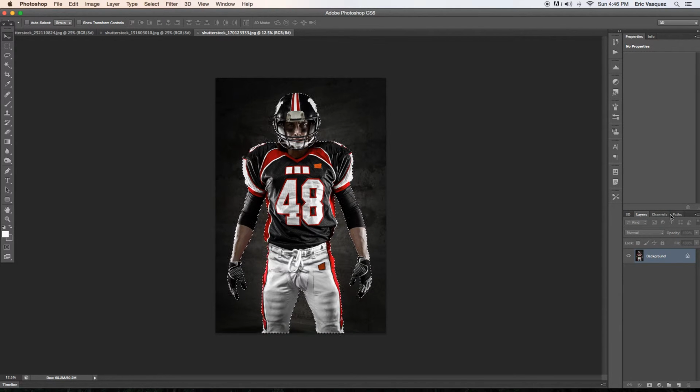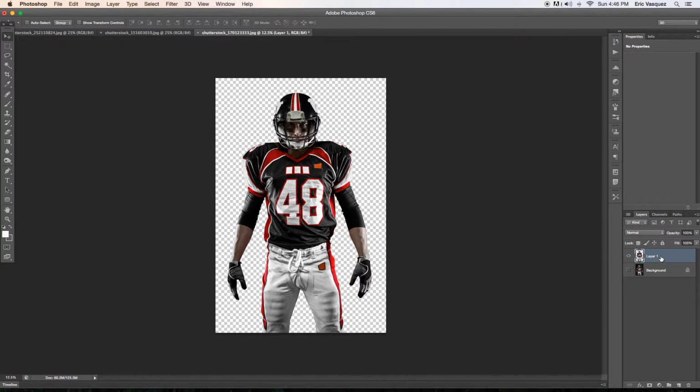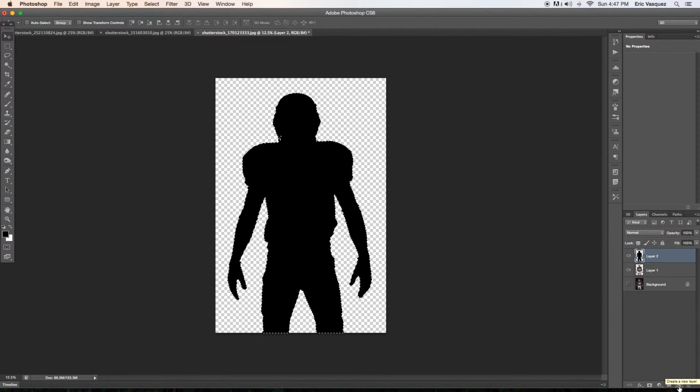Now switch back over here to the Layers tab and then go ahead and press Command J. Now you'll see what happened is it basically created a copy of this layer, only filling in the selection from the work path. Alright, so that's very easy, and if I ever need to, I can come back here, click on the work path again, and say I want to make a new layer above it and just fill it with black. I can do that, and now it will be the exact same shape because we're still using the